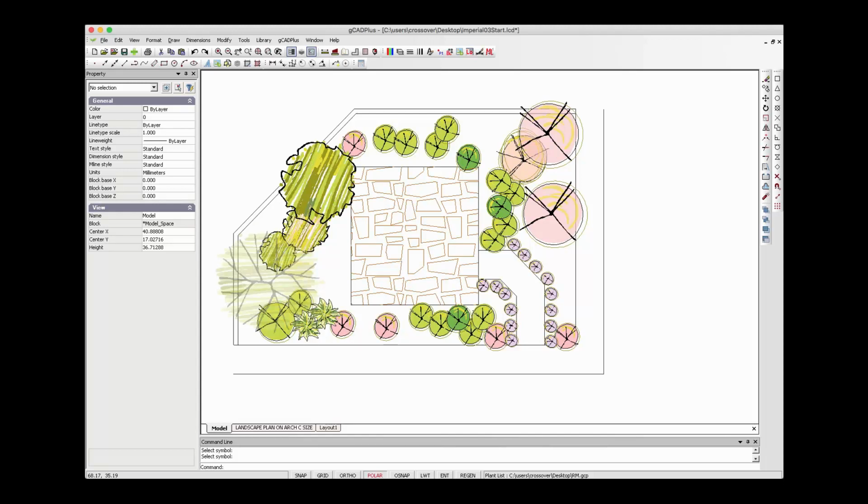Well, let's begin the third in this series, Getting Started with gCADPlus, using the Imperial version of gCADPlus. I'm looking at a developing design for a small courtyard. We have a couple of buildings, paths running around the edge of the building, and then we've got an enclosed area. We put a rectangle down, we put some patterning in there, and we put some symbols in, and we want to use some of the more advanced features in gCADPlus to tag those symbols with particular